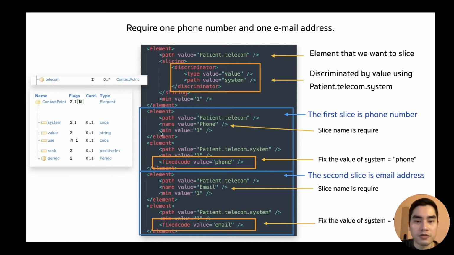The first one is for the phone and the second one is for the email. Both of them are discriminated by the value of the system here. The first slice uses phone as a system. The second slice uses email as a system. So this is how it works for the discriminator type as value.